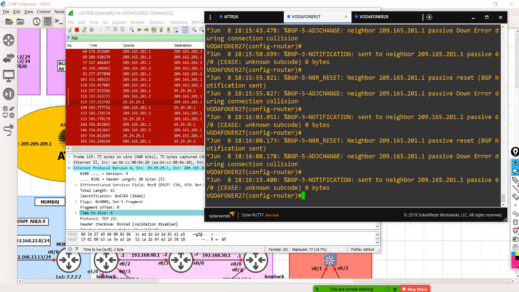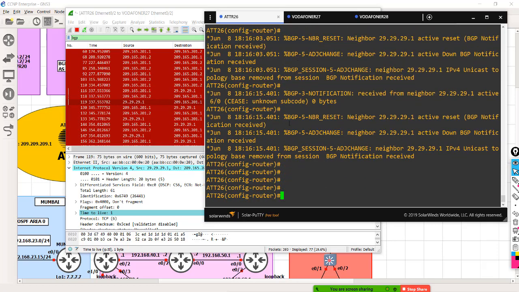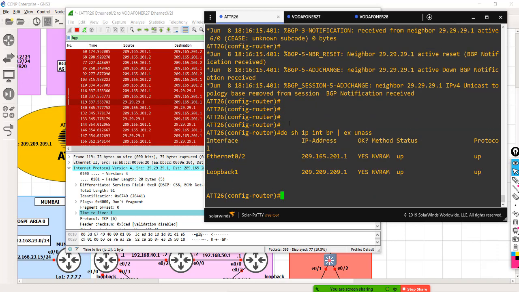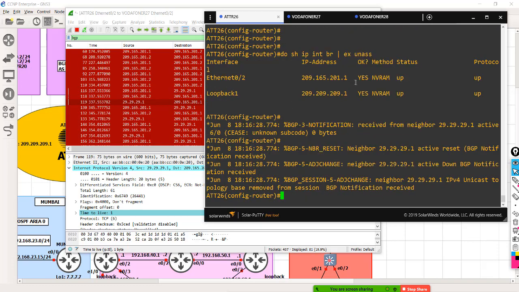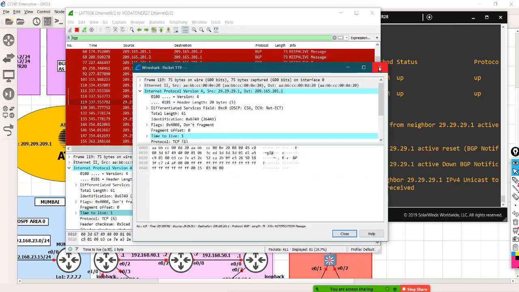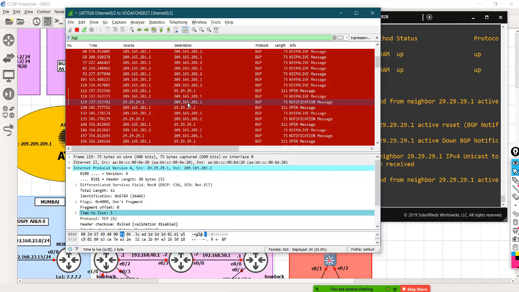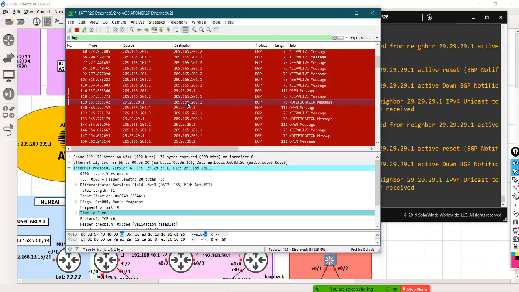Okay, so on one side it is 29.29.29, and on the other side, do show ip int brief exclude unassign. You see the other side it's 209. Okay, so you will not see your packet that's originating from loopback reaching the other loopback. It's just going till the other router's physical IP. Okay, then it's not moving up because of TTL 1 getting expired.